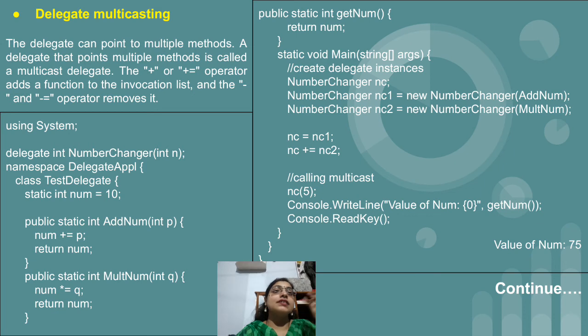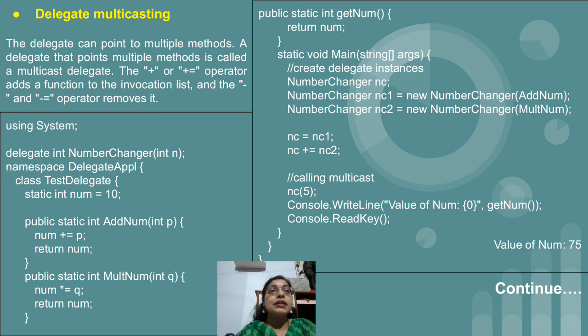Again, these three topics which we are going to learn in today's session are very, very important. Delegates, multicasting and event handling. And they are related to each other. Now we did the same thing which we have learned in delegate section, but the difference is we are passing the objects of delegate to a single object. So that is called as multicasting. That is, a single object of a delegate can point to multiple methods or can reference multiple methods.